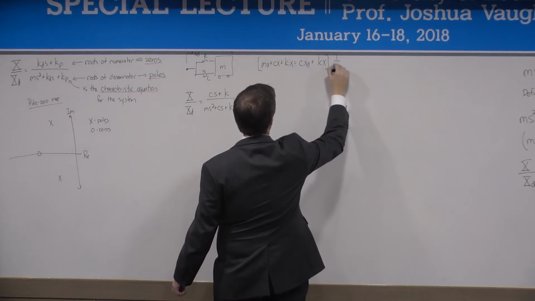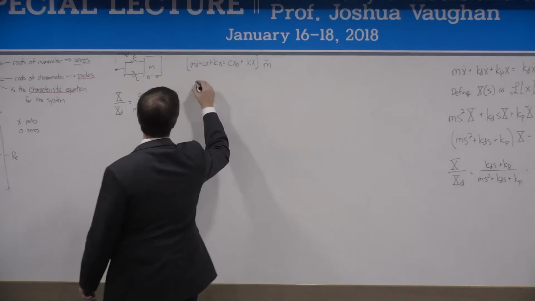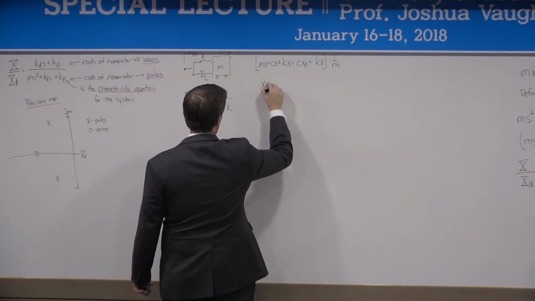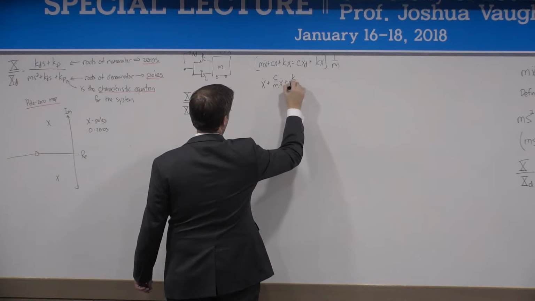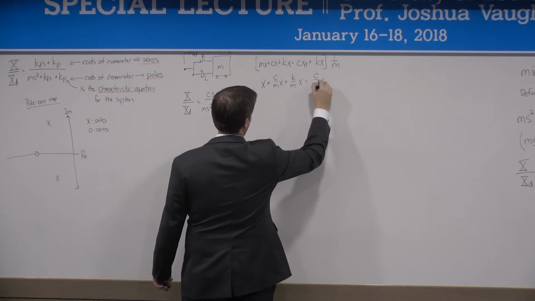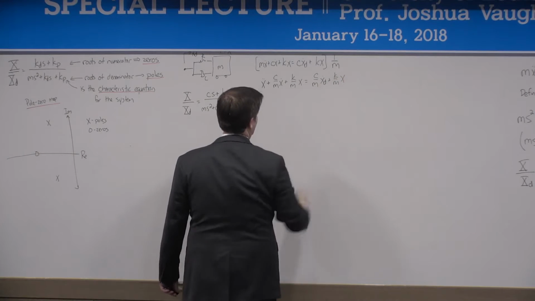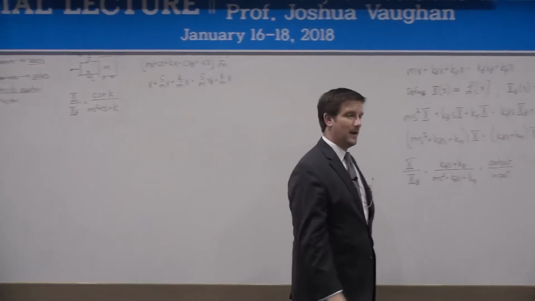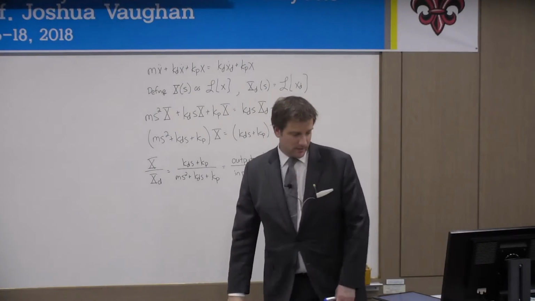So multiply the whole thing by 1 over m. And you'll see why I'm doing this in a second. Again, I just divided the whole thing by m. And what this gets us to